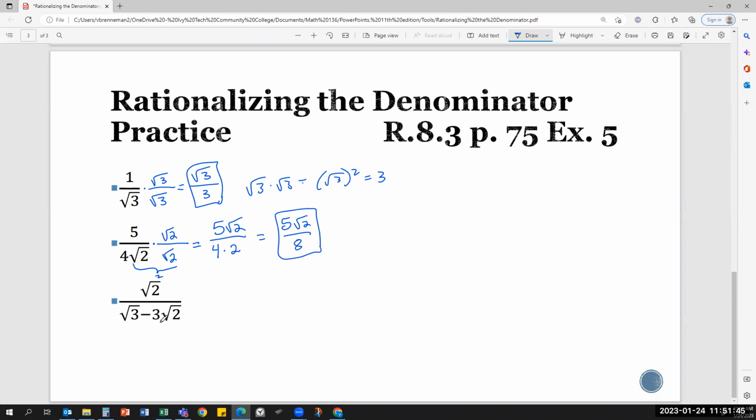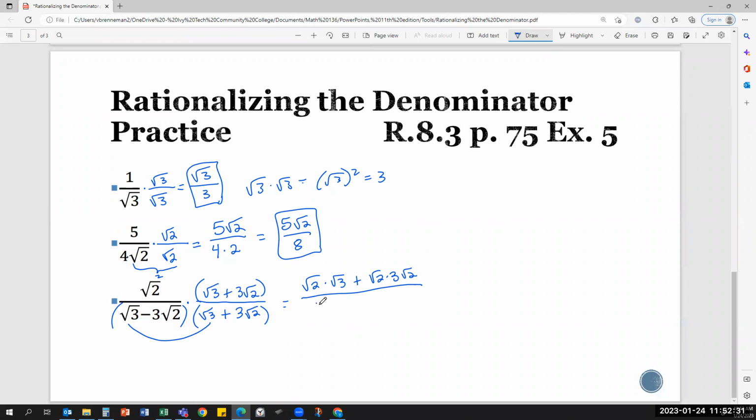And then the last example here, we have multiple terms on the bottom with square roots. So I look at that whole denominator and I'm going to have the exact same thing, but with a plus instead of a minus. So square root of 3 plus 3 square root of 2. And then I have to multiply the top by that same thing as well. I'm going to put some parentheses on things here to make sure we're doing this correctly, have things grouped as they should be. And so we're going to need to distribute on the top. So we have square root of 2 times square root of 3 plus square root of 2 times 3 square root of 2. On the bottom, doing some foiling here, square root of 3 times square root of 3